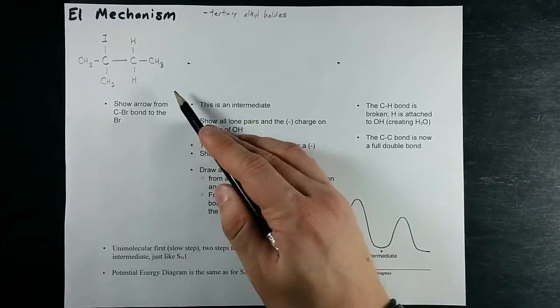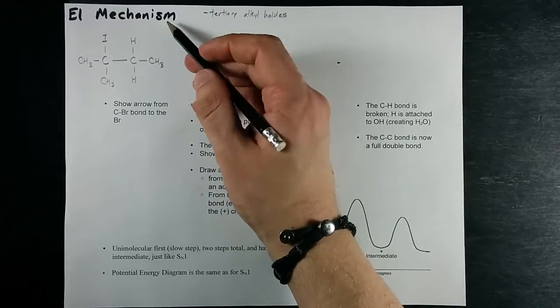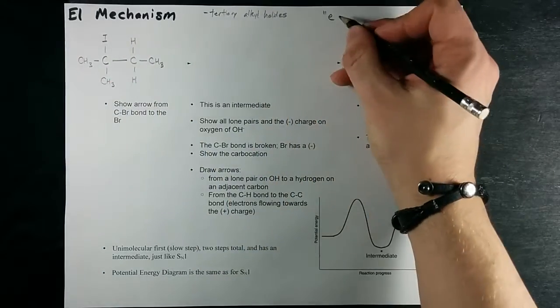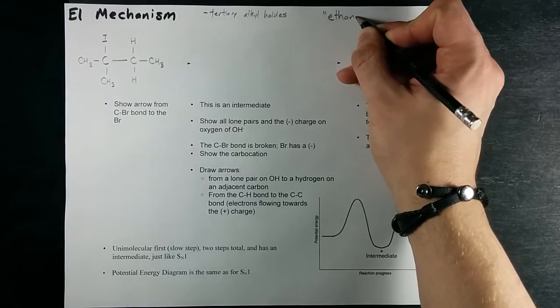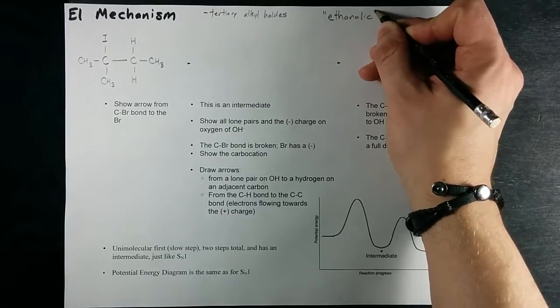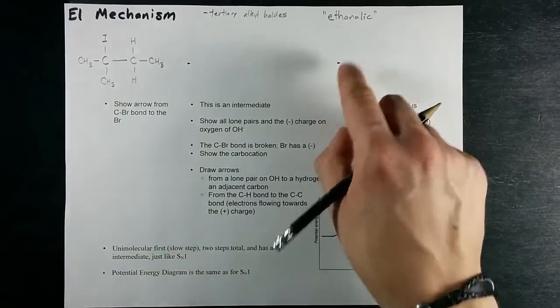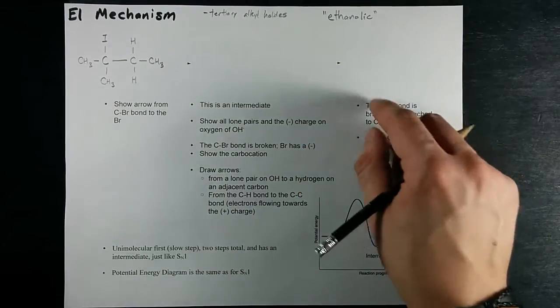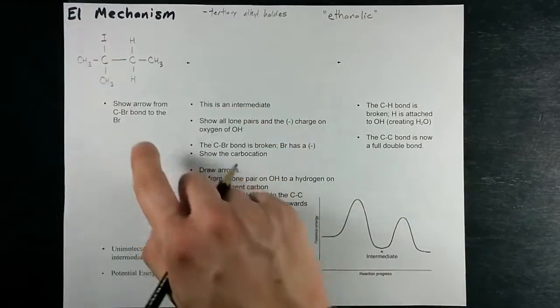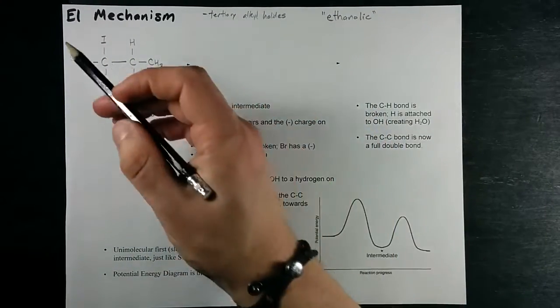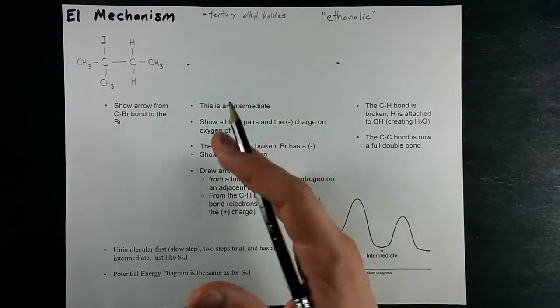in the elimination. If you're in the IB program, the hint that they want you to do an E1 mechanism is going to be the word ethanolic. Put it another way, they're going to say you use ethanol as the solvent as opposed to water. If they say ethanolic, they want an elimination. Cool? For the rest of you, if you're not in the IB program, the E1 and SN1 happen at the